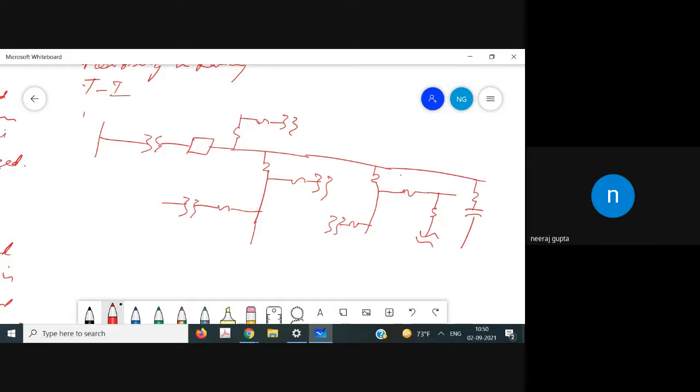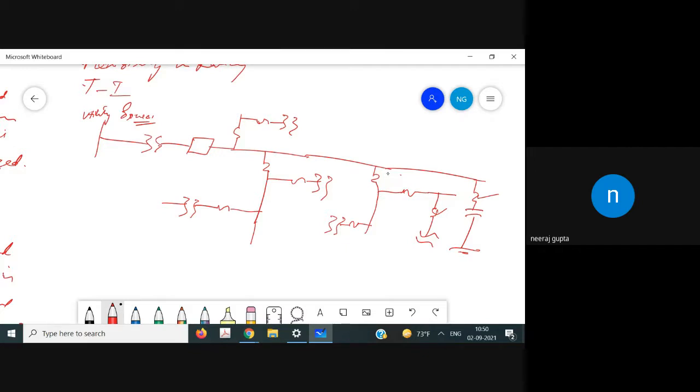Now let us consider this as the example of the location of fuses in a distribution circuit. We have here the utility source. So each transformer and capacitor bank has fuse protection to selectively disconnect the device in case of a fault in the system. Like if you see, here we have the fuse and here we have this fuse.